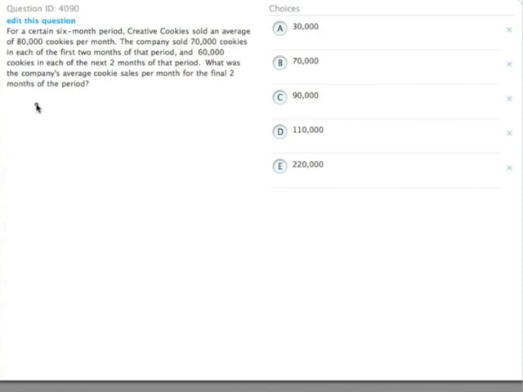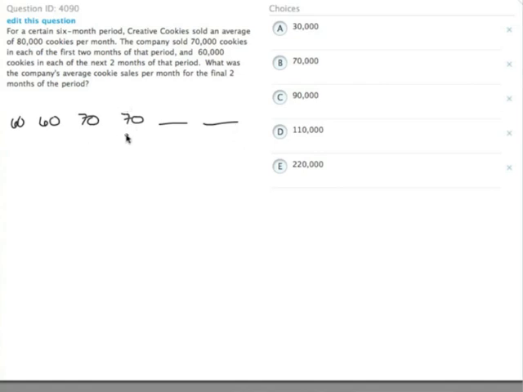So for a 6-month period, this company, Creative Cookies, sold an average of 80,000 cookies per month. But we find out that they actually didn't sell anything like their average for the first 4 months. They sold 60,000 cookies in their first 2 months each. They sold 70,000 cookies each in the next 2 months. And then they sold some unknown number in the last 2 months on the average that brought that average up